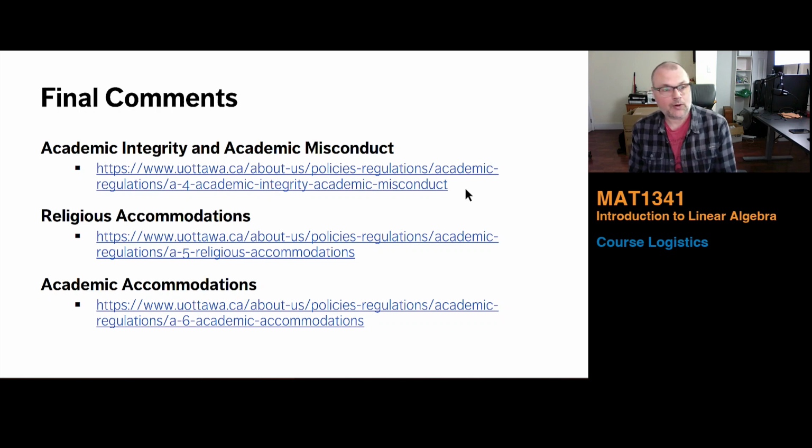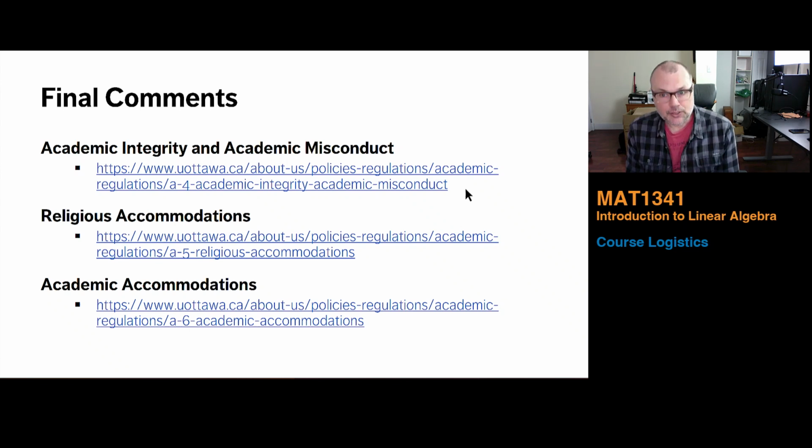Some of you might require religious accommodations. I don't know the religious calendars. I don't know that the summer is necessarily, perhaps Diwali, I'm not sure. If you have religious accommodations, things that are required in terms of the dates of the tests and the final exam, you need to make the university aware of this by a certain number of business days before you require the accommodations. If you go to them the day before, it's too late. They cannot help you. Please take a look at this and make the necessary arrangements if you need them.